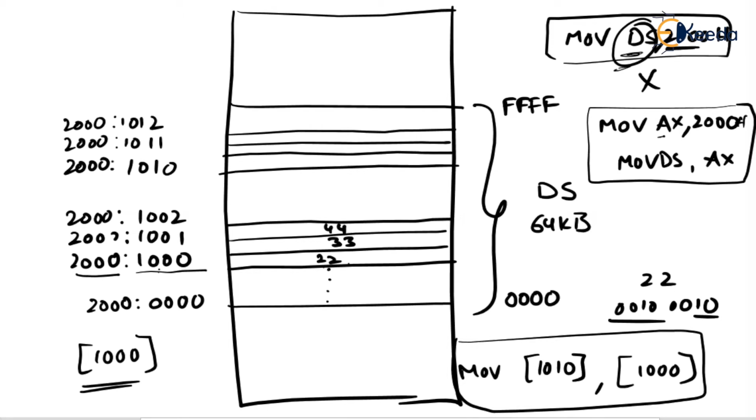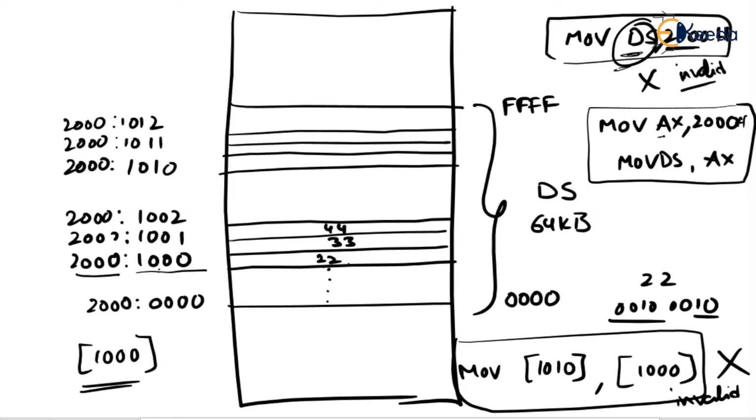Both should not be memory locations. It is also invalid. Remember, these two are invalid. We cannot transfer from a memory location to a memory location in the 8086 microprocessor. Please remember this. So for that, what do we have to do first? We have to move the 8-bit data available in that particular location to AL, any general purpose register. From that register we transfer to this location, right?